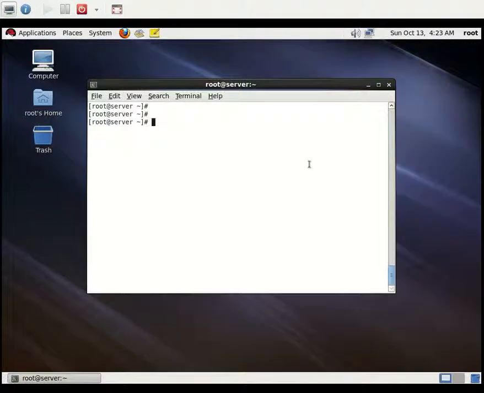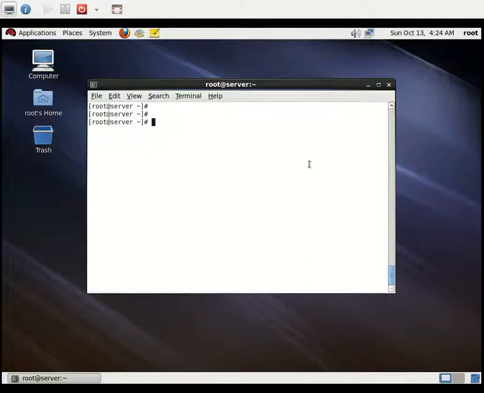Hi, here we can see how to set up a local repository in Red Hat Linux. I have installed Red Hat Enterprise Linux 6 and I can't update using yum because I don't have a subscription from Red Hat. Most people ask the same question several times in many forums and Facebook groups. So here's the guide on how to do that, and I'm going to use my media to set up a local repository for yum.